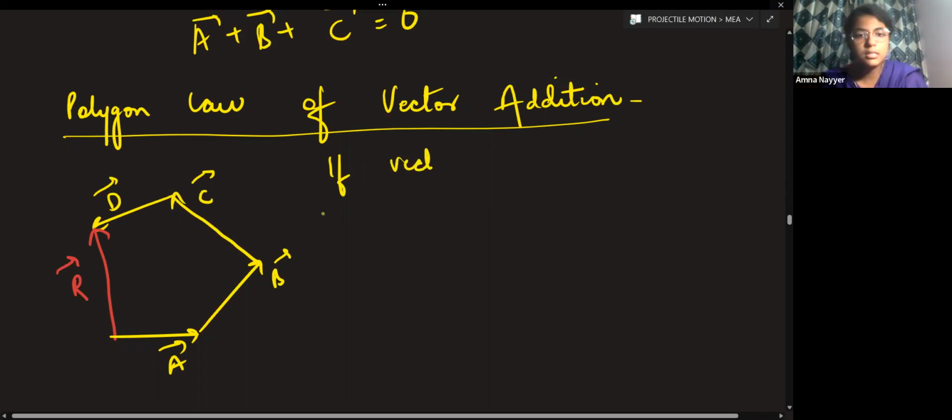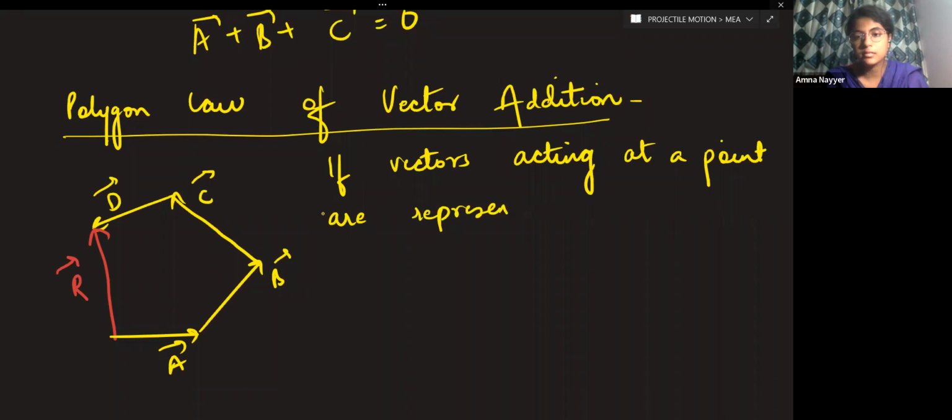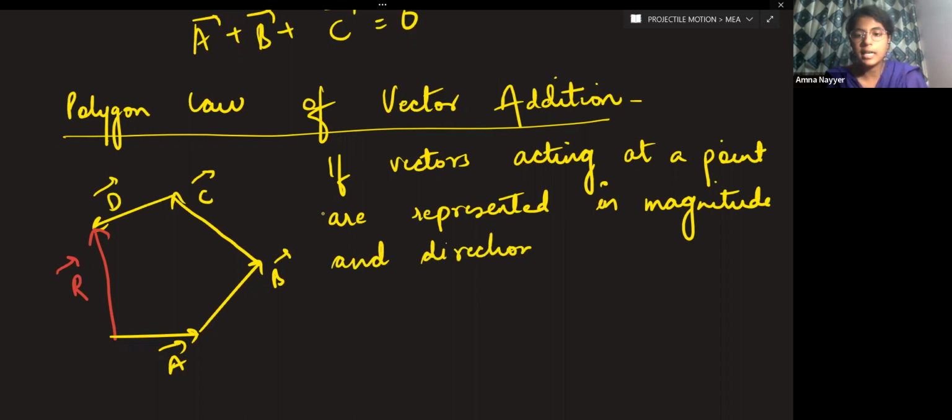If vectors acting at a point are represented in magnitude and direction by the sides of a polygon